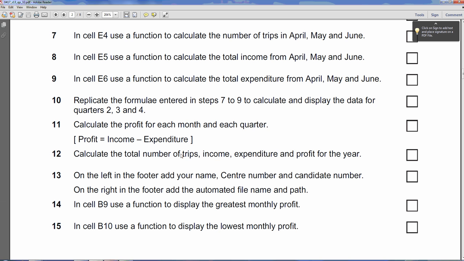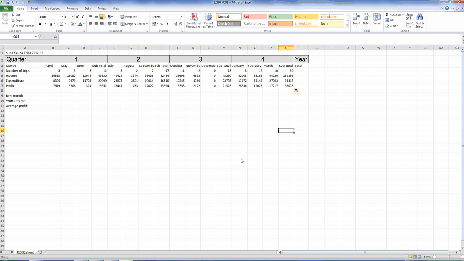And now we need to do the trips, the income and expenditure for the entire year. This would equal